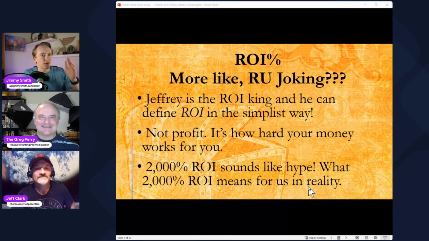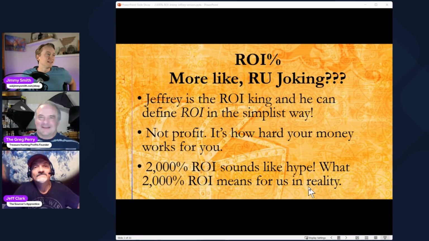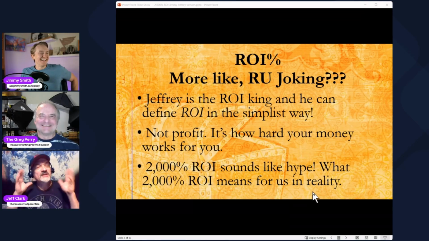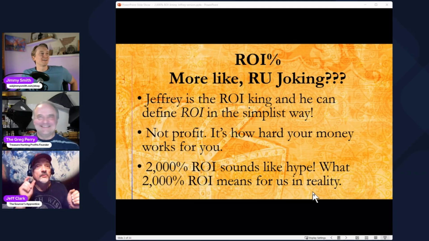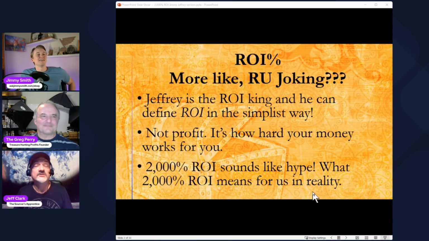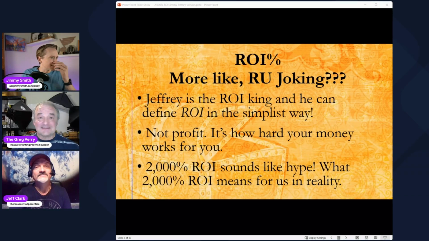That's perfect. It's turning $1 into $20 profit. That's 2,000% ROI. We figured if I went up to 6,000%, it would be too clickbaity. Yeah, I think my biggest calculated ROI actually was like 470,000%. I bought a record album for 25 cents and I sold it for $1,125. Oh my goodness. That's amazing. I love it. All right, Greg, I'll let you take over. I know that you got some stuff to present here, so go right ahead.